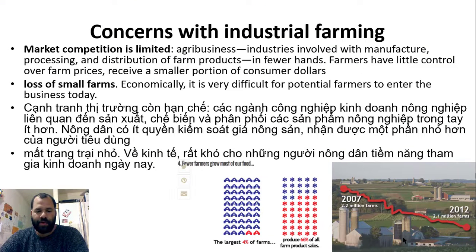As we've mentioned before, another hallmark of conventional farming is that basically it's not a family-run business anymore. It's conglomerates or agribusinesses. These are huge businesses, industrial complexes that bring a lot of farmers together. And naturally, this puts the farmer in a worse position than it used to be. Farmers actually have much less control over the produce prices and receive smaller portions of the consumer money. Another problem is